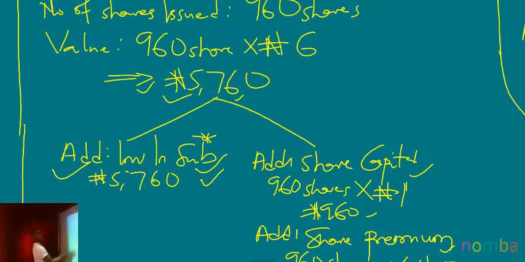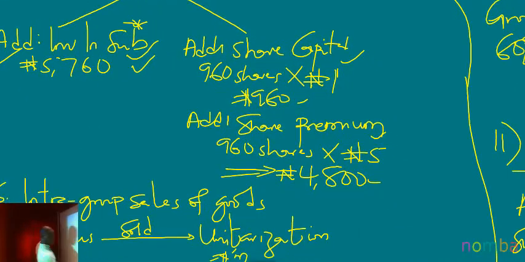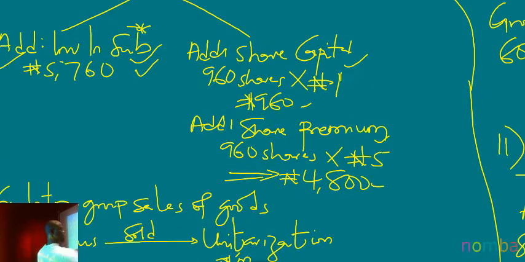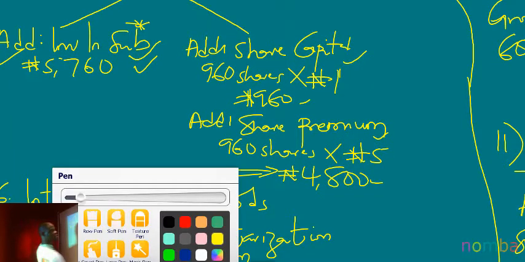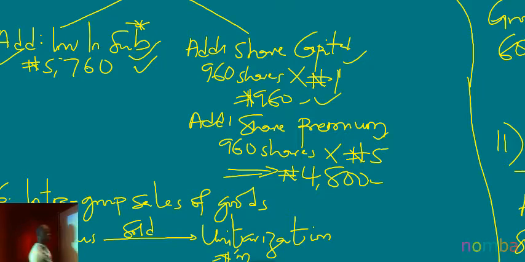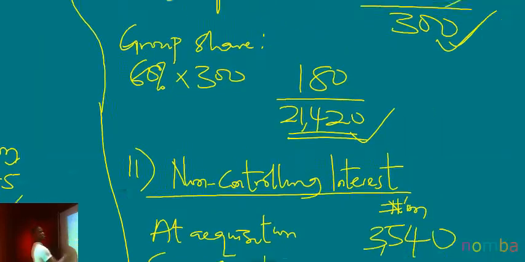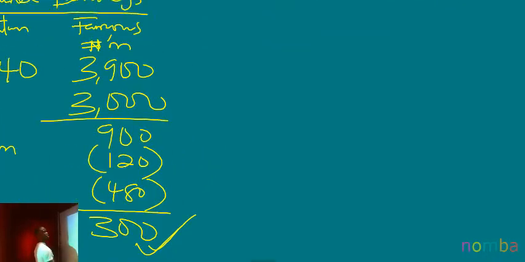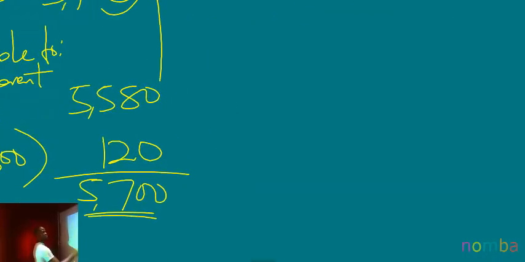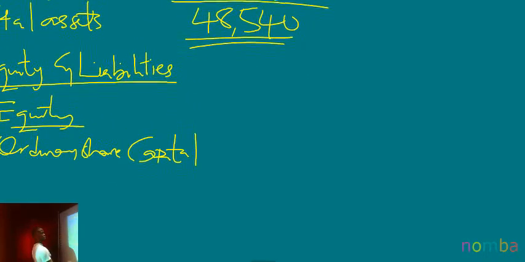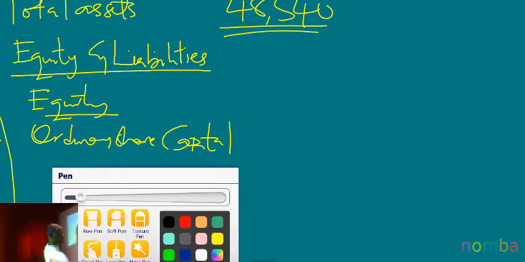Yeah, this is it. He issued ordinary shares. So we're supposed to add 960 to that 6,000, which leads me to 6,960. And we'll have a share premium of 4,800. So let's transfer